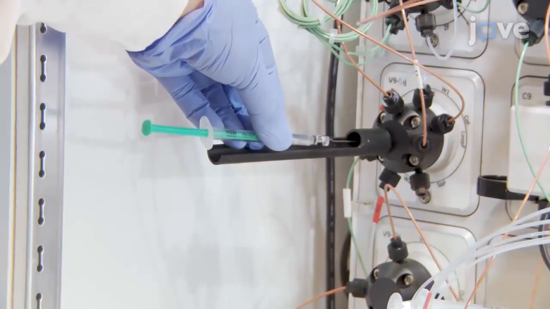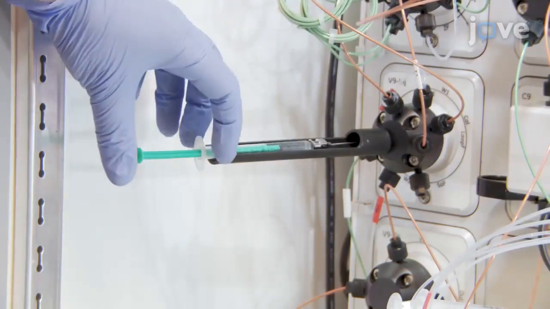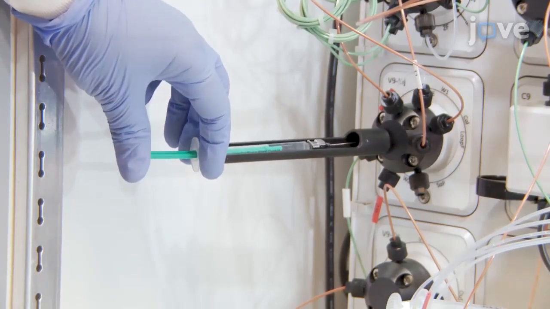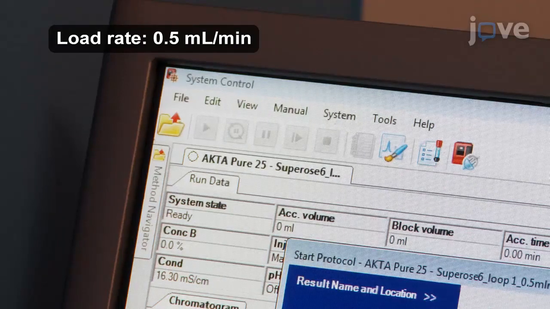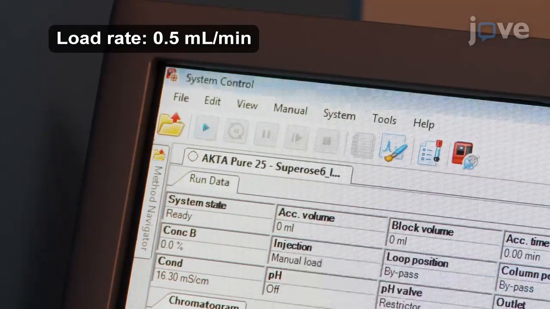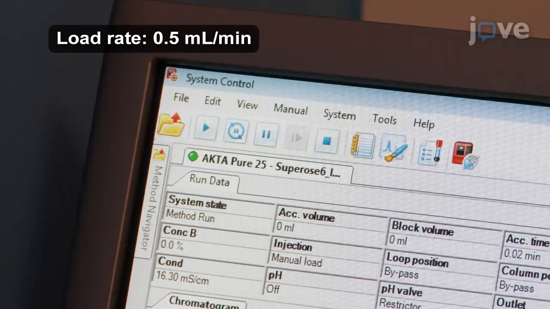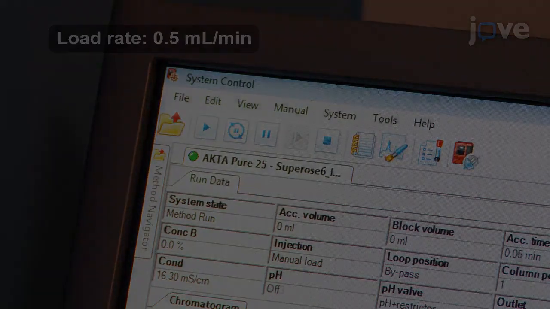Inject the concentrated glycoprotein into a 500 microliter sample loop. Load the glycoprotein onto a pre-equilibrated high-performance size exclusion column on an FPLC system at 4 degrees Celsius while collecting fractions. After this,